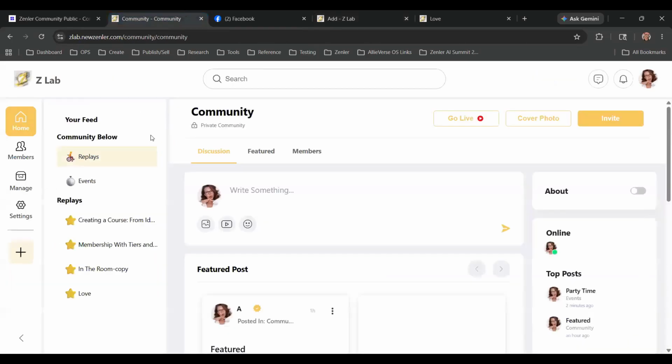So if you're in community and you want to have somebody enrolled in all of your communities, there's a specific purpose for that. For example, maybe this is a creator space, right?